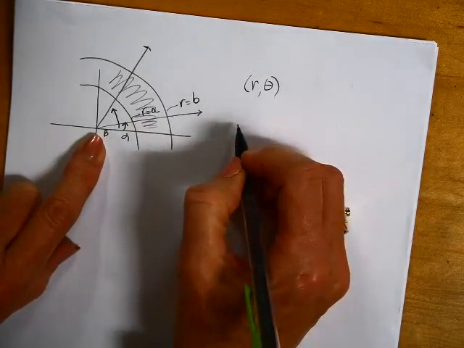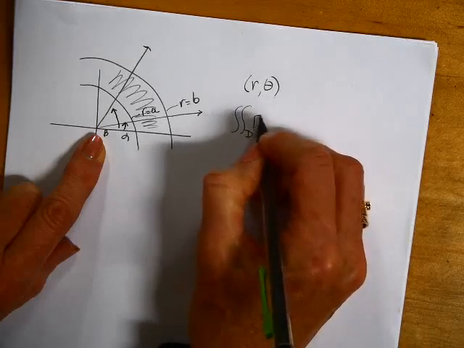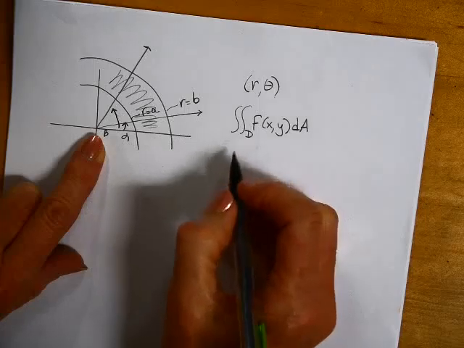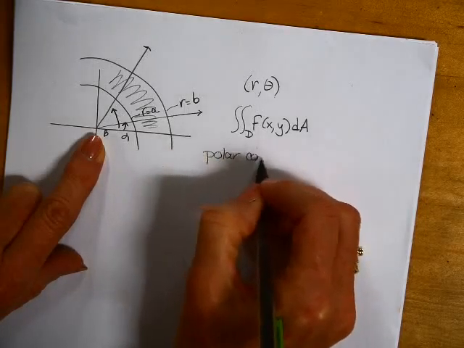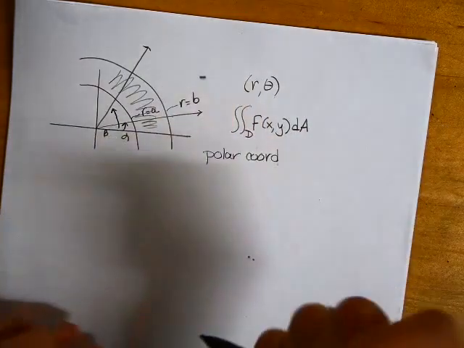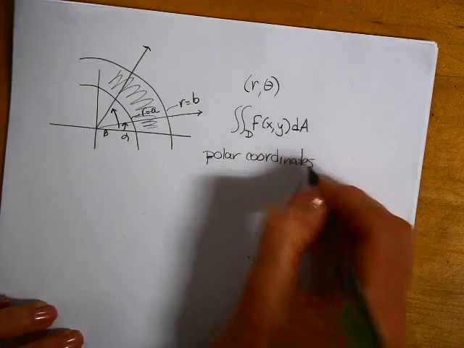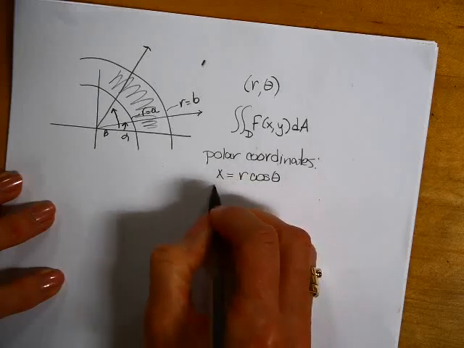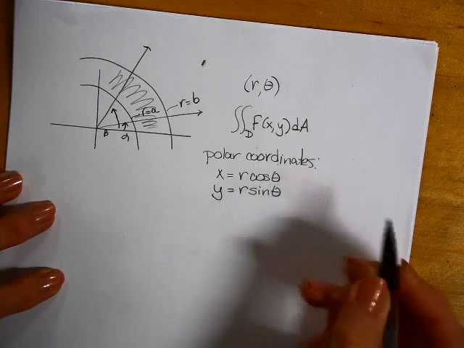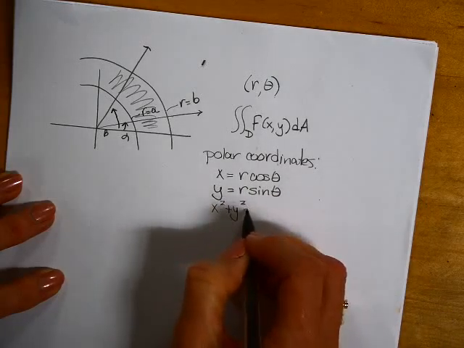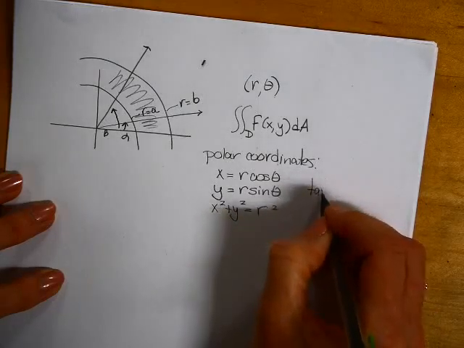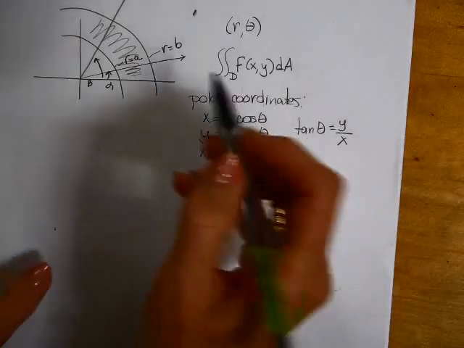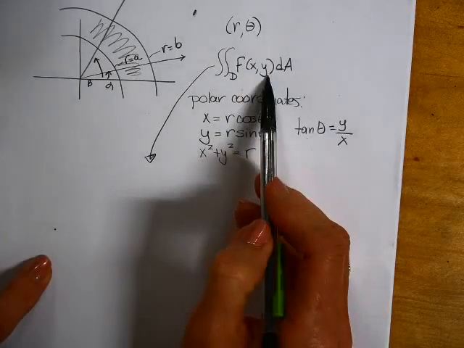If you want to integrate a function over a region D, but your D is more circular in nature, then you can change it to polar coordinates. If you'll remember the polar coordinate definitions, x is r cosine theta, y is r sine theta. We also had x squared plus y squared equal to r squared, and the tangent of theta is y over x. Those were our polar coordinate definitions from way back in chapter 10. So if you're going to switch this integral from x's and y's to polar coordinates,